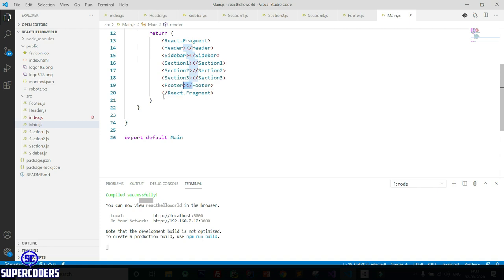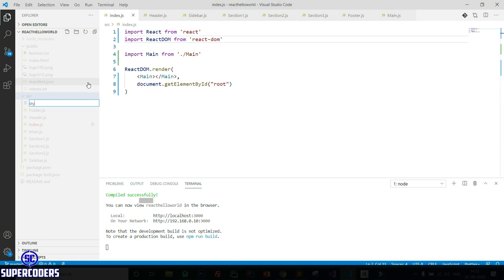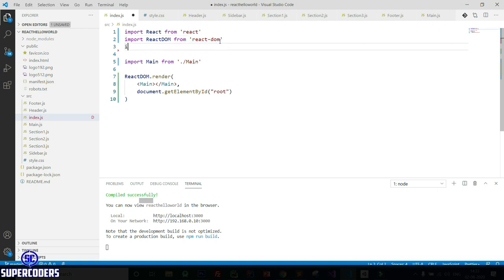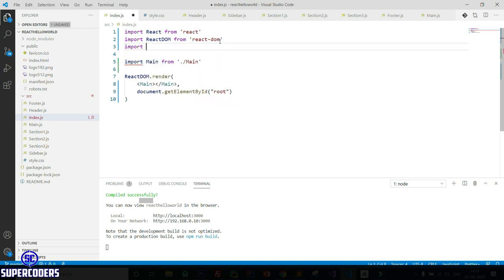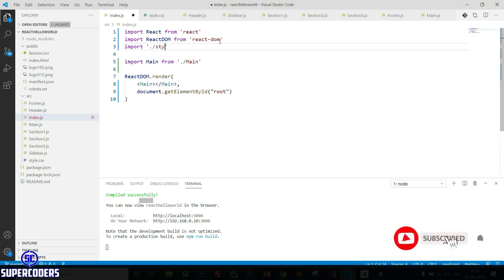Now let's add CSS to our web page. So here create a new file, style.css, and import this here. Import dot style dot css.